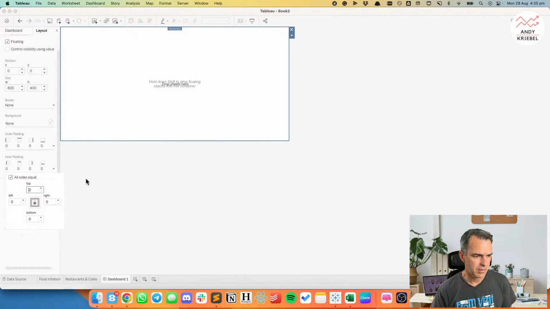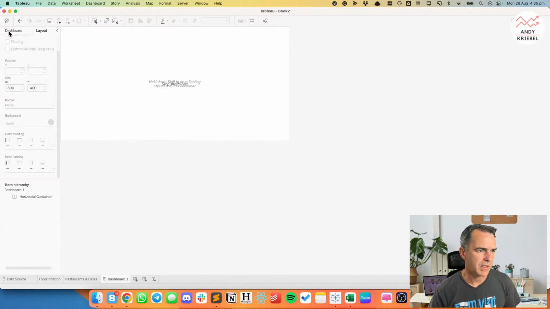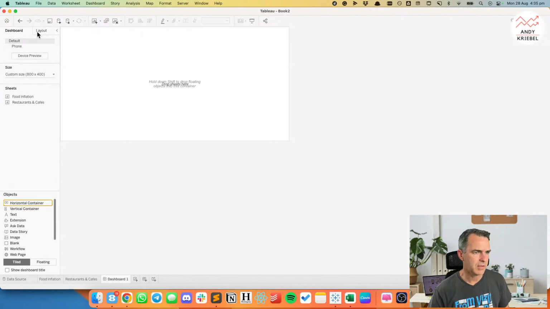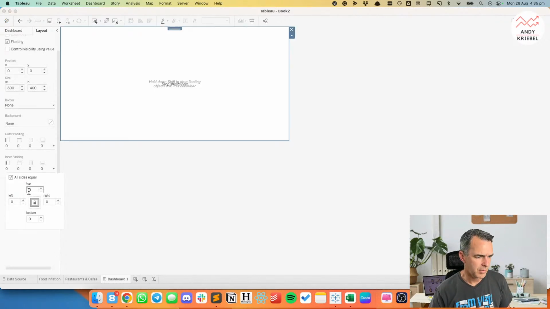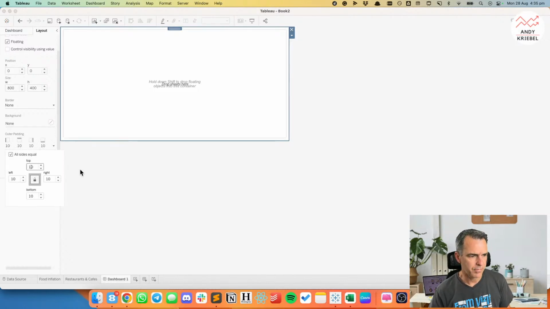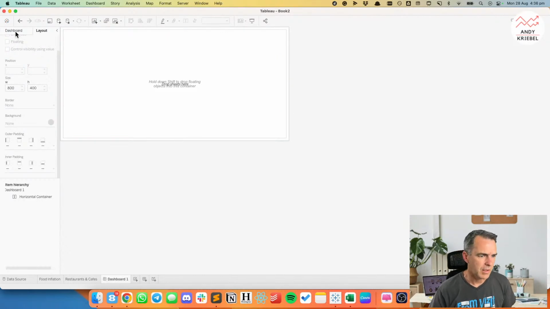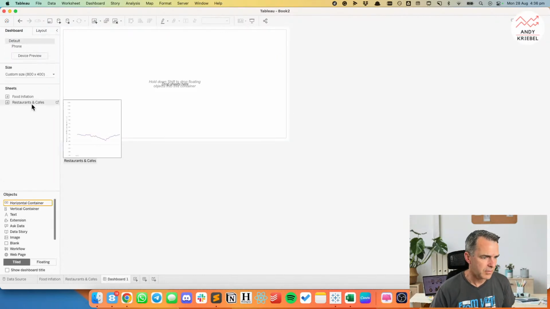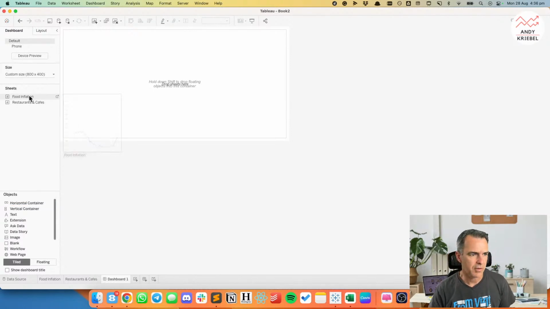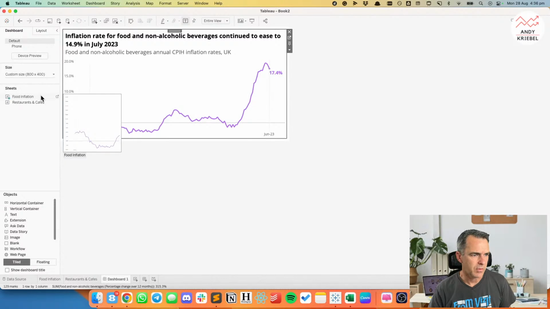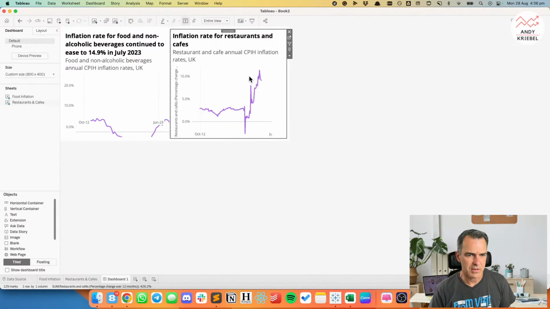Actually, let me leave it like that for now because I'm curious what's going to, no, let's go back. I'm going to add in some inner padding of maybe 10. No, I'm going to do outer padding this time. Okay. And then what I want to do is, oh, the dog's trying to break in. I don't know if you guys can hear. So let's do that. And then I want to drag this one into the same container.